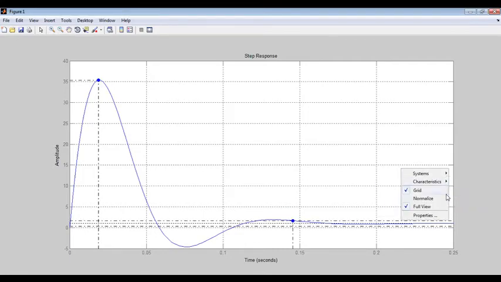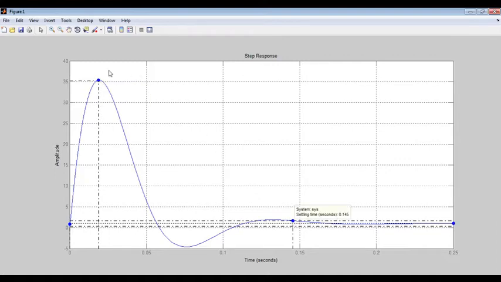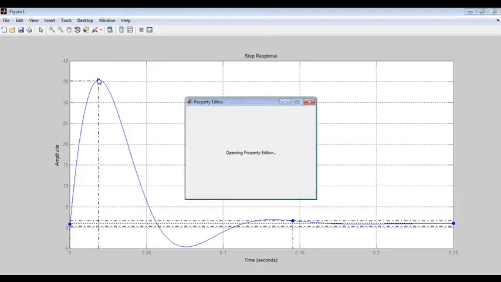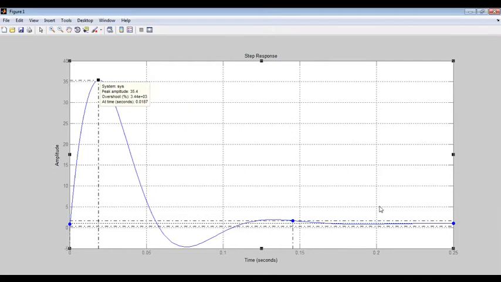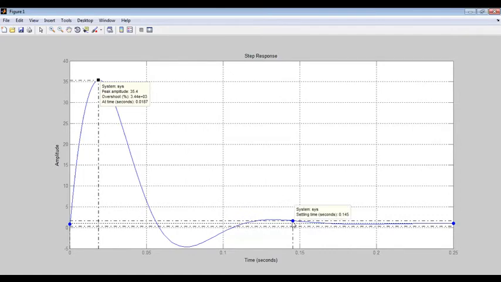Again in this case you observe all the time domain specifications. You see that again the system is stable. Initially it has oscillation, then it has reached stability. So you are observing that when you go on adding zeros on the left side of the plane, the stability is not affected, but there will be a change in the time domain specifications. The addition of zeros will increase the peak value and the peak occurs before the original system peak. There will be a decrease in the rise time and the settling time will increase.